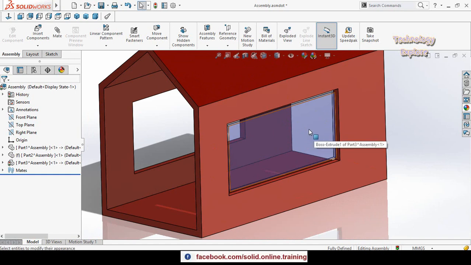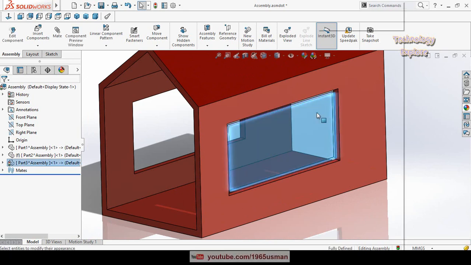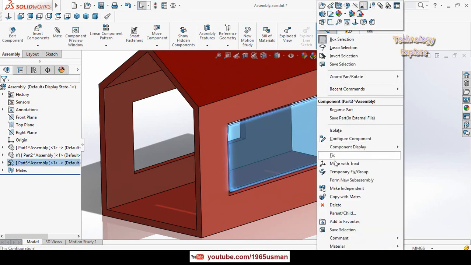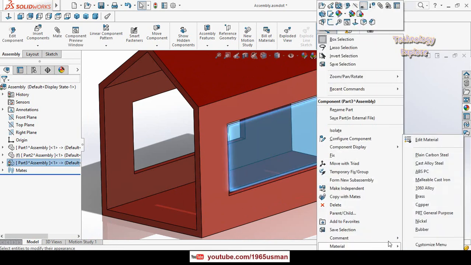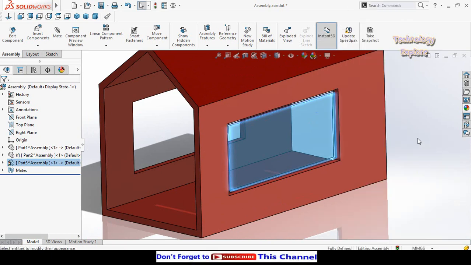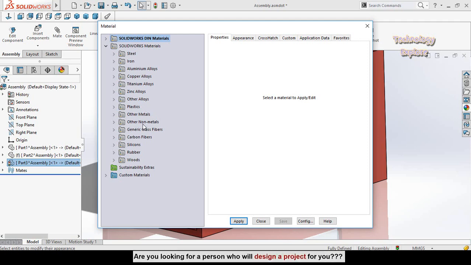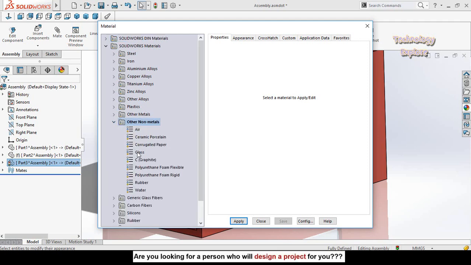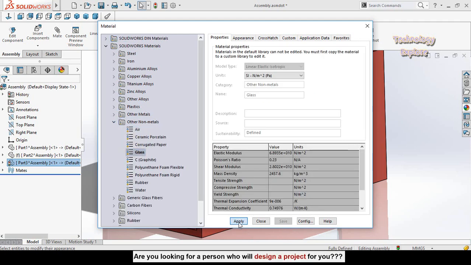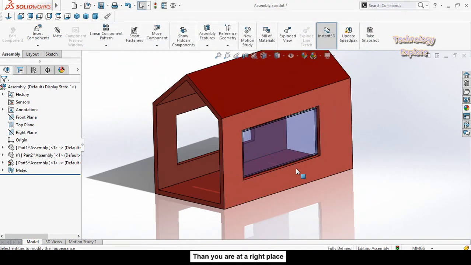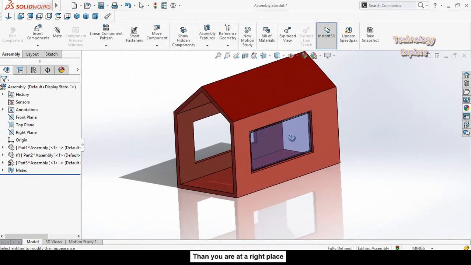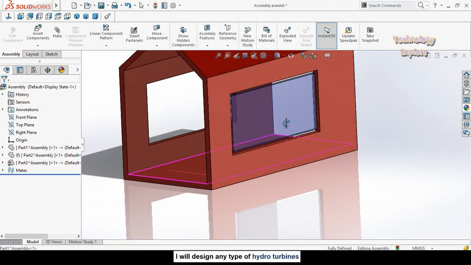There is another way to make glass in SolidWorks. So for that, right click on the part, then go to material, then select edit material. So from here select or expand other non-metals, then from here select glass and apply, then close. So this is the another way to make glass in